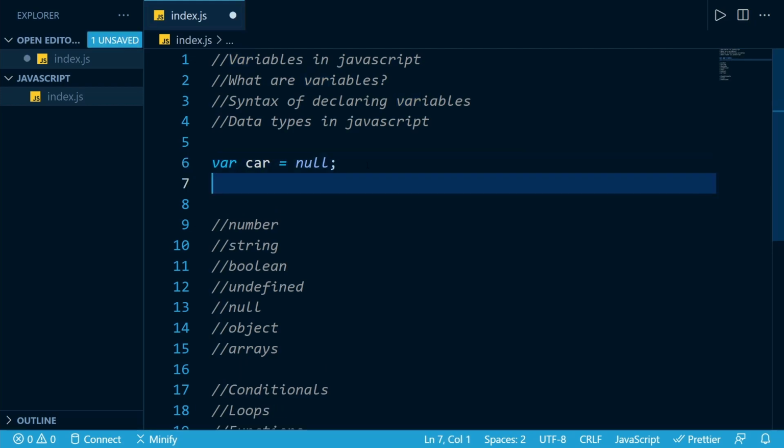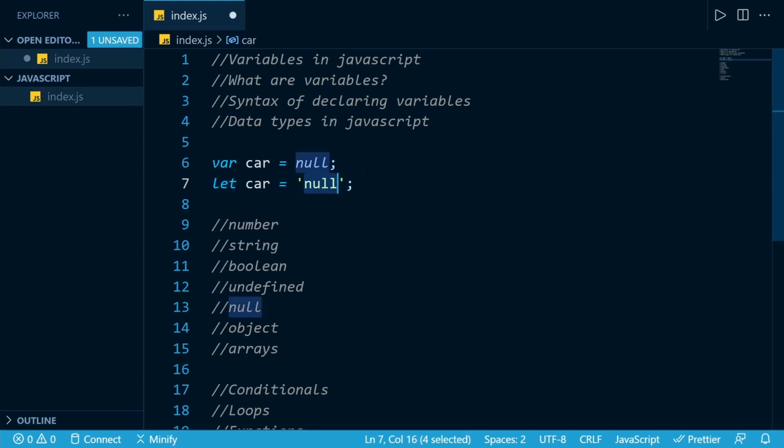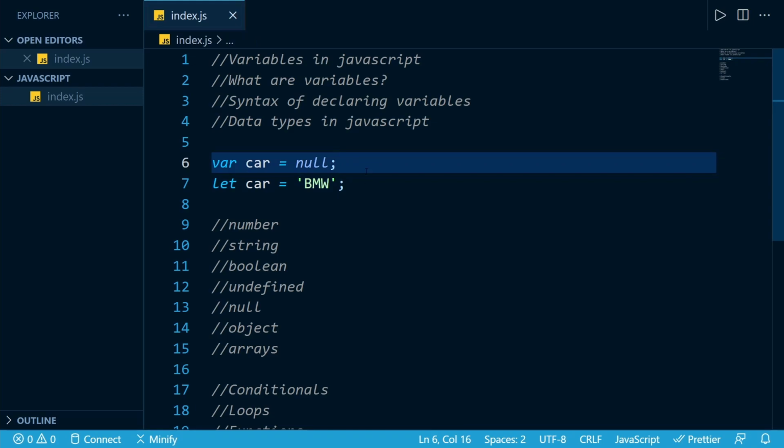So you can also do something like let car equal to some value like null, or maybe BMW. These are just two ways to declare a variable, and they do have their differences, which I will explain later when we understand what functions and scopes are, as those are advanced topics. But as of now, we can declare variables using these two syntaxes.